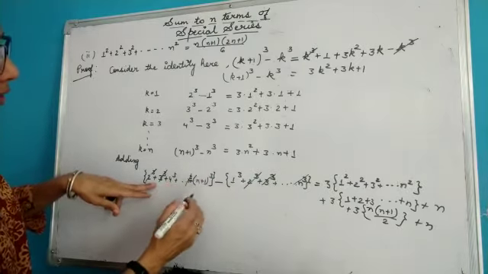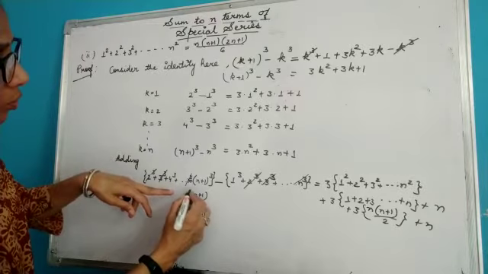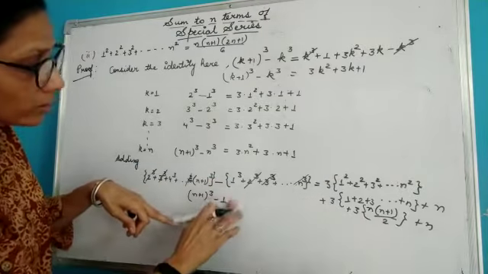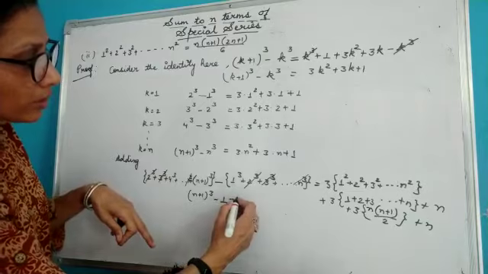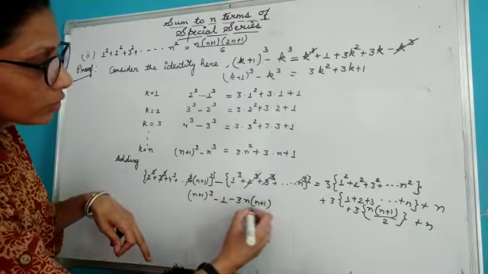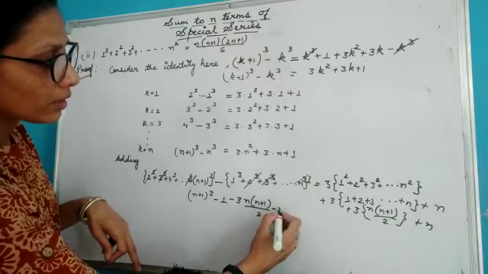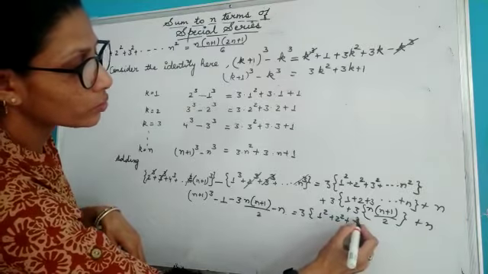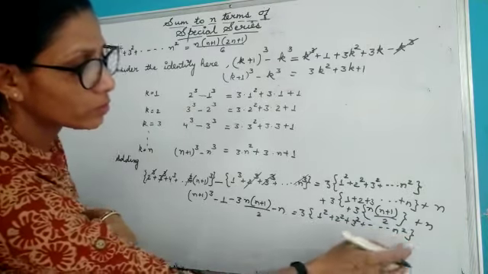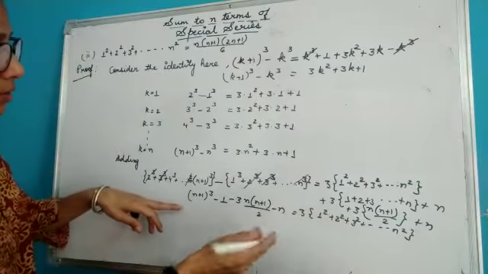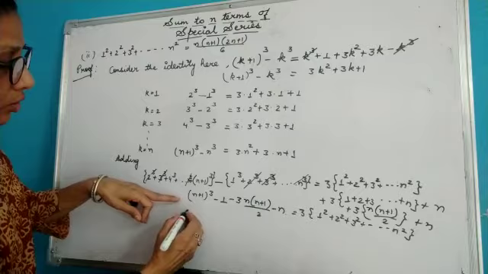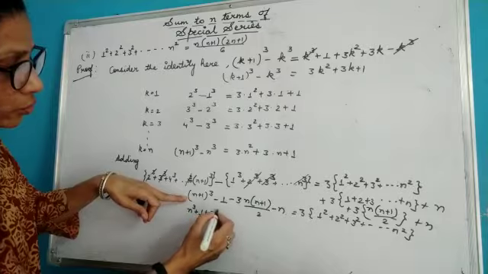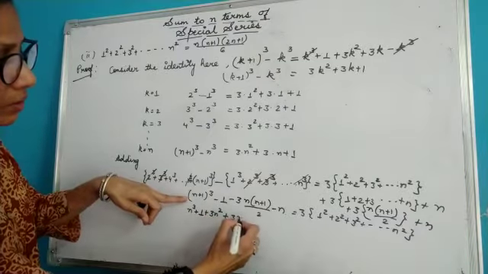Lastly you will get here n plus 1 whole cube minus 1 cube which is 1, equals, I am taking this to this side, so this will be 3n into n plus 1 by 2, and this is plus n, equals 3 times 1 square plus 2 square plus 3 square plus so on till n square, which is sum of squares of n natural numbers. Now here I will be solving it further, so it will be n cube plus 1 plus 3n square plus 3n, using a plus b whole cube equals a cube plus b cube plus 3a square b plus 3ab square.